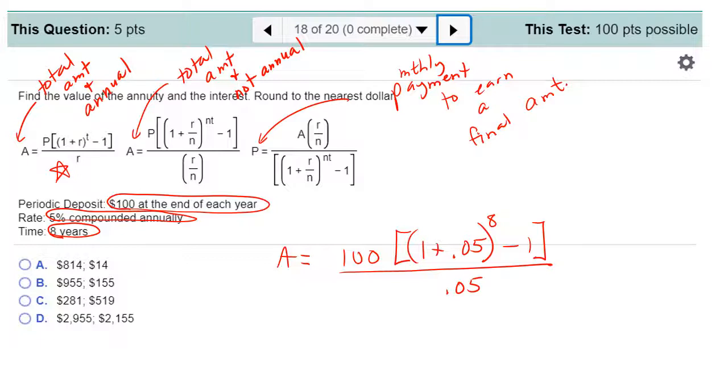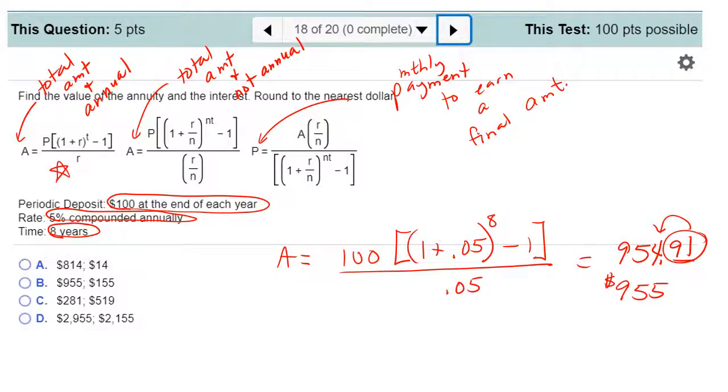I would recommend you do the parentheses first and then the exponent. Then subtract that 1 that's inside those brackets. Next, multiply by the 100 and then divide by 0.05. And we will end up with $954.91. Now it said round to the nearest dollar, so this 91 cents will round us up to